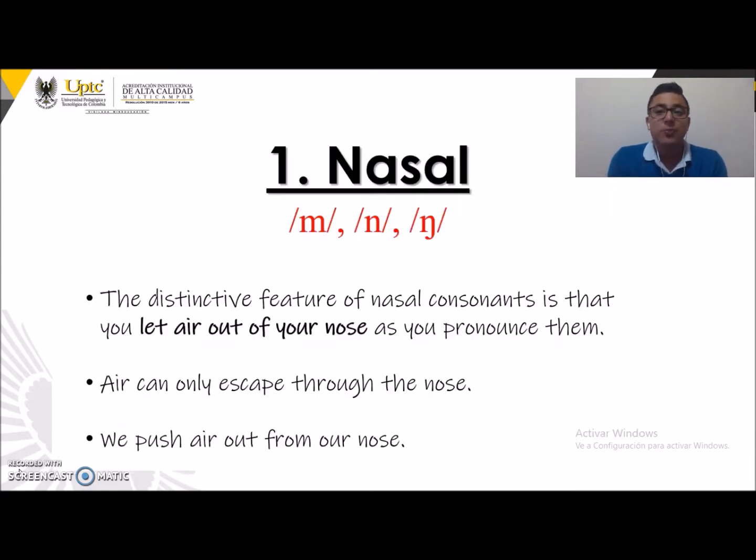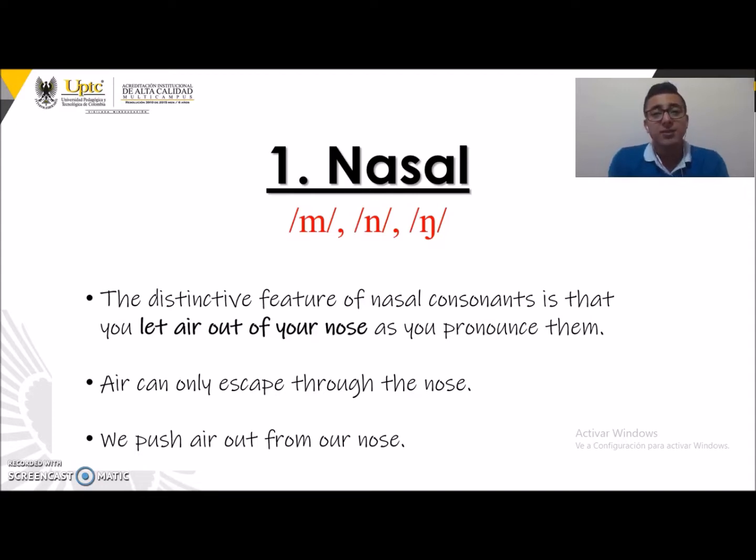So, nasal. Here in this group, we only have 3 different consonant sounds. Remember that we are learning sounds. In this case, this one is this one is and this one is a mix between N and G, which is going to be something like